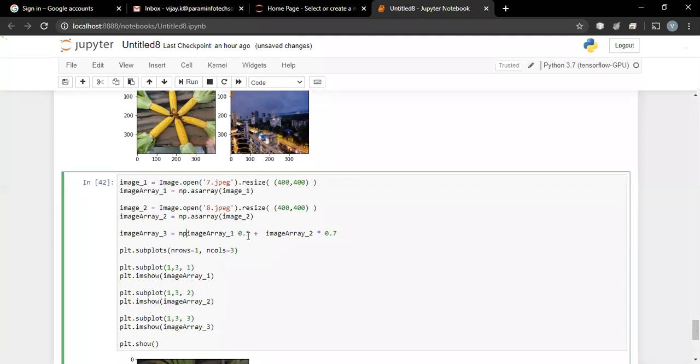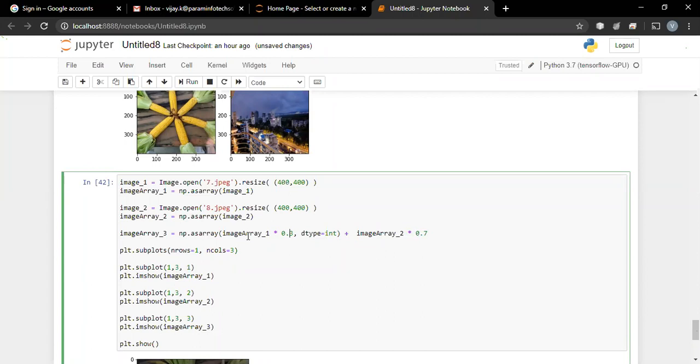It is a simple thing. It is np dot asarray. So we are multiplying this matrix by 0.3 and we are saying that the data type that we want is int.